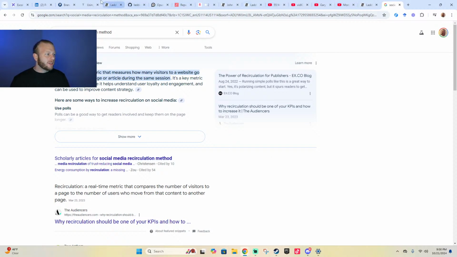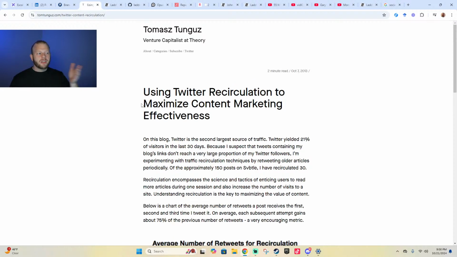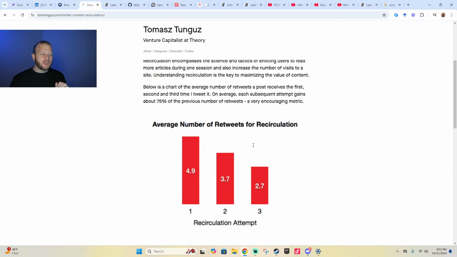There's a little bit of data analysis. Let's see if I can bring you this article. So here's Thomas. I do not know who this person is, but this is a person that I found that used the keyword recirculation and they had some data analysis. And I thought this was interesting. So you see that they had a piece of content and they posted it again and again. And it did a little bit worse each time, but it still had significant performance each time. And the decrease in performance was a decreasing decrease, so that it decreased by 1.2 and then it decreased only by 1. And so maybe next time it'll decrease by less than 1. And so you will get to some constant level of performance.